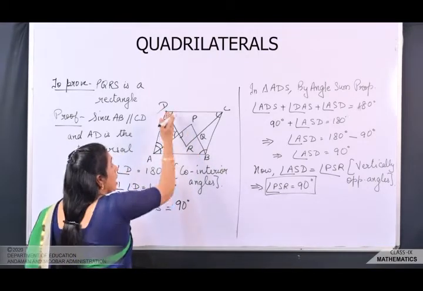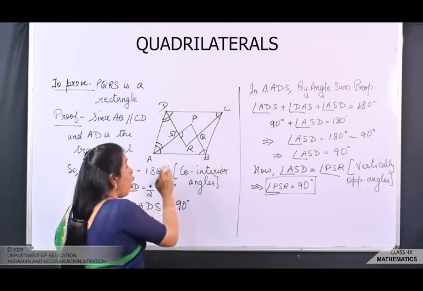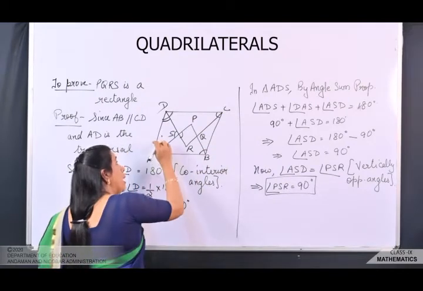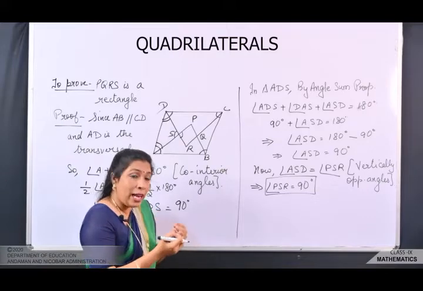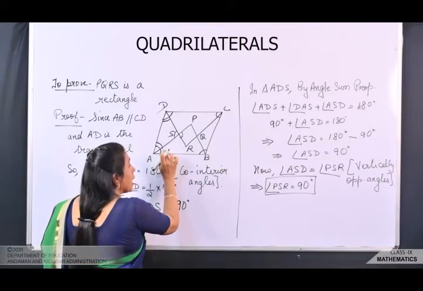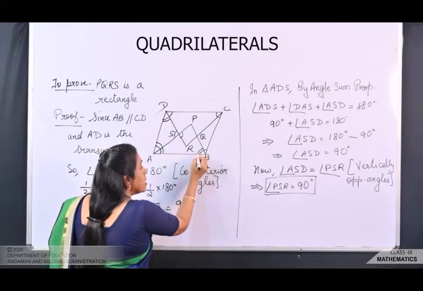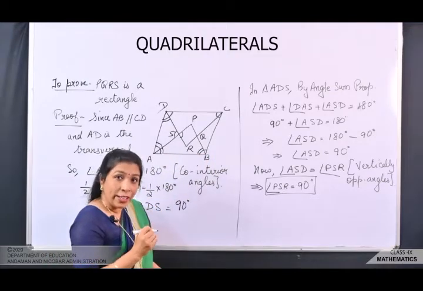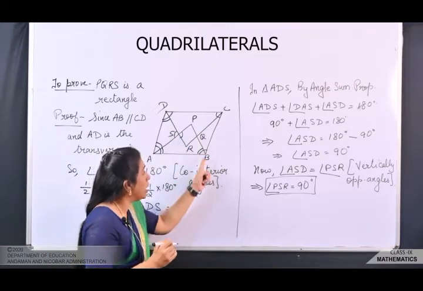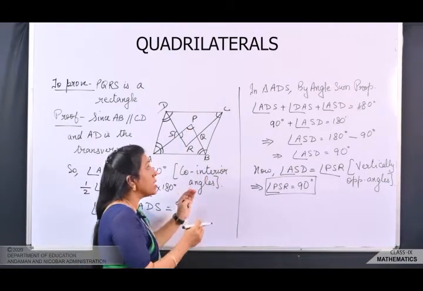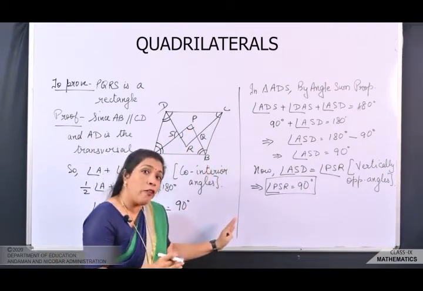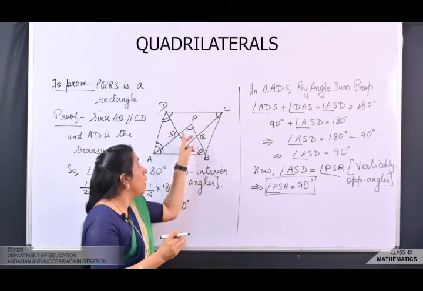अब suppose कीजिए कि ये दोनों lines parallel हैं और ये आपका transversal है, तो हम लेंगे कि sum of these two angle is 180 डिग्री, फिर उसका हम हाफ ले लेंगे, हमें मिल जाएगा दिस एंगल प्लस दिस एंगल इज 90 डिग्री। फिर हम जब एंगल सम प्रॉपर्टी लेंगे आपको ये एंगल P मिल जाएगा 90 डिग्री। So which means with the same method you can find each and every angle of PQRS.